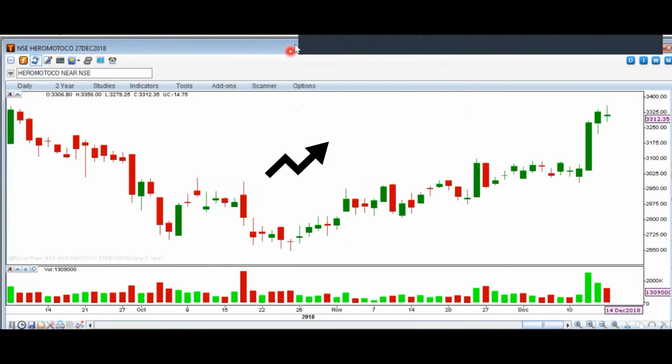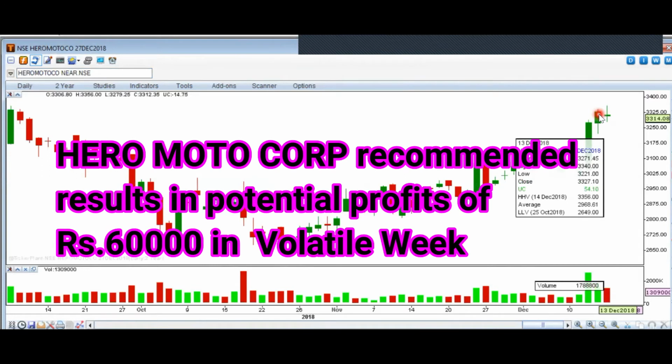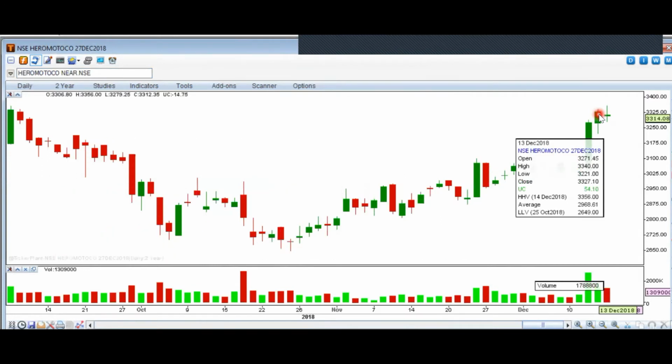As you can see on the charts, the stock was consolidating around the 3000 levels, and after this a sharp spurt actually resulted in a 10% gain. So this kind of fantastic move is possible using technical analysis, and that is what I am going to show you once again on the charts this week, again based on the entire market setup and the overall build up in the market sentiment. I am willing to go with two longs on the